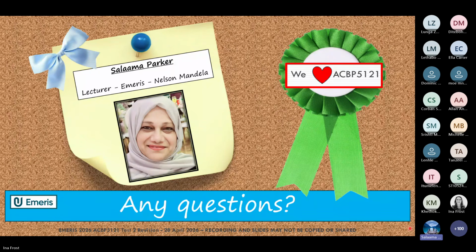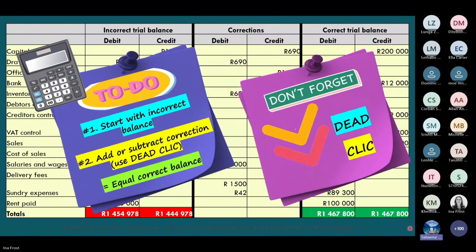Not for now, it's again important to know the debit and credit rules, as you mentioned. And of course, they need to understand what a debtor is for a business and what a creditor is. Most importantly, with the reconciliation, it's also just understanding the impact of when we are correcting these errors, right? Always show their pluses and minuses in the corrections column, because that's how I actually showed my students. This is where you will show the impact of plus and minus using the debit and credit rules.